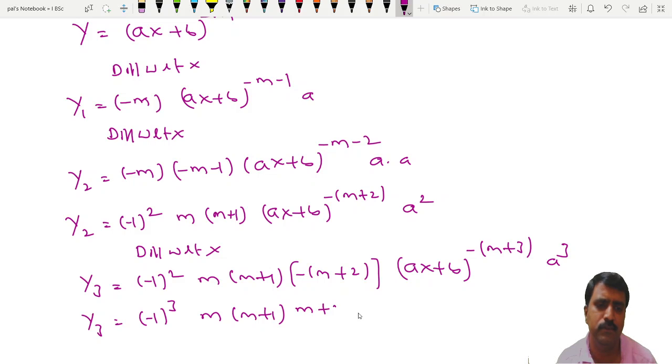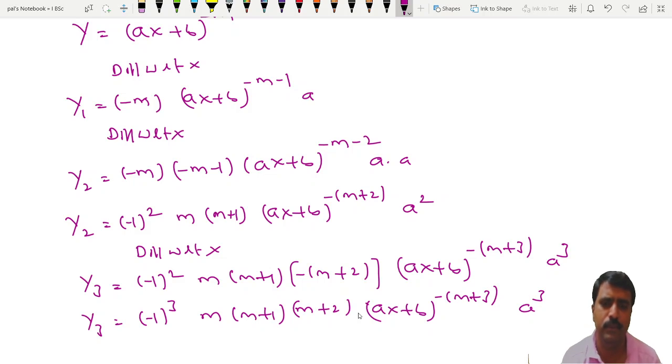This is m plus 2 into ax plus b to the power minus of m plus 3 into a cube. So now y3 has come for us. So now we have to simplify this, or you can write the